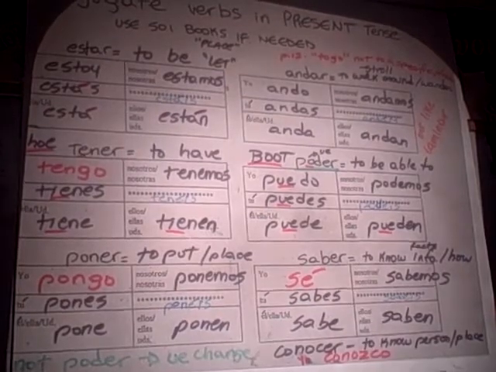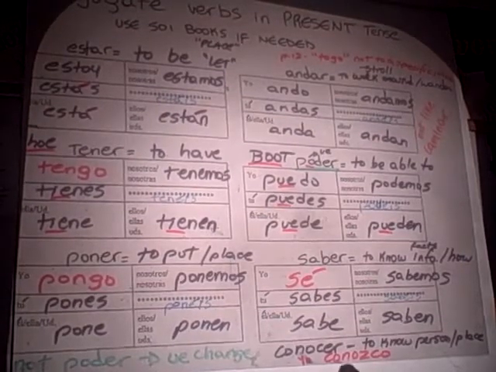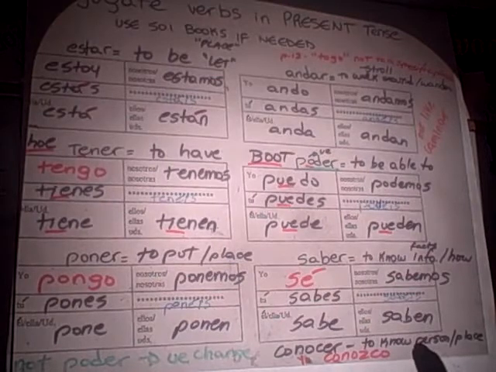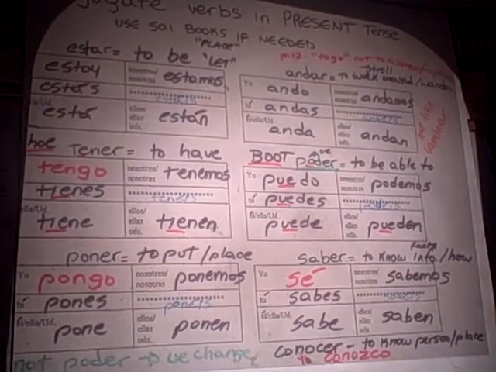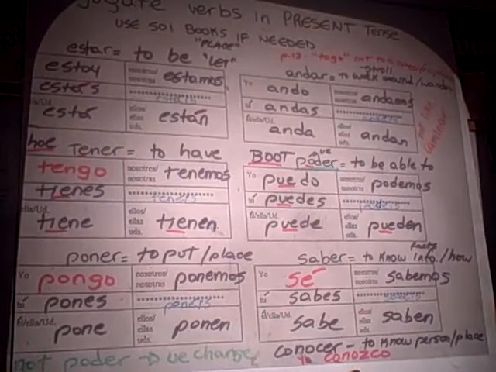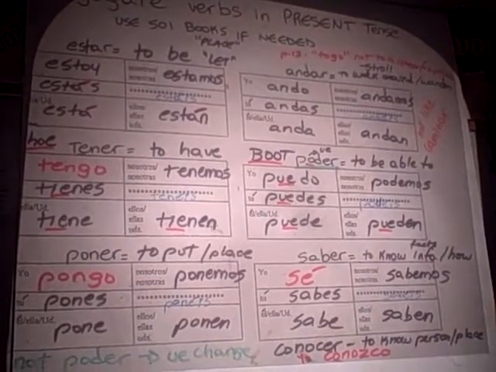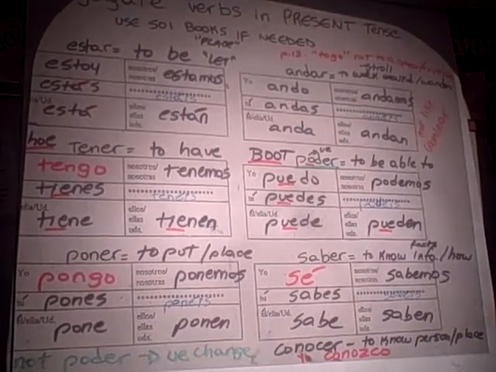Okay? So sé with an accent, and it's not on your sheet, but conocer is the other to know. That goes with it normally, and it's also just irregular in the yo form, conozco. ZCO at the end, so cono, zco. The rest of the conjugations are regular conjugations in the present tense.